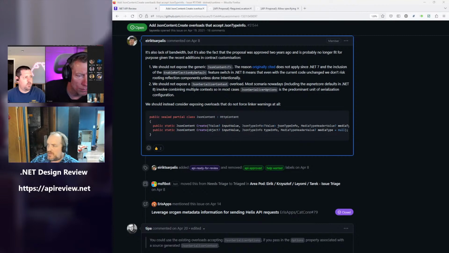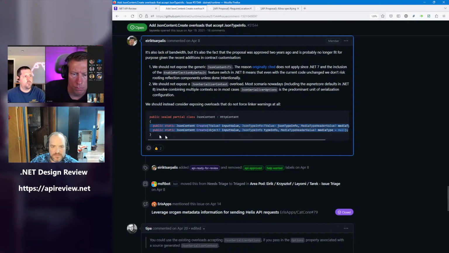This is more or less following practice in all the other serialized overloads that we have in both System.Text.Json and this library. And the reason it's there is because the defaults in any overload that accepts JSON serializer options are configured in a way that makes it impossible to work in native AOT. So by exposing these overloads, it makes it possible to both consume source generators and also do so without giving out any false positive linker warnings.